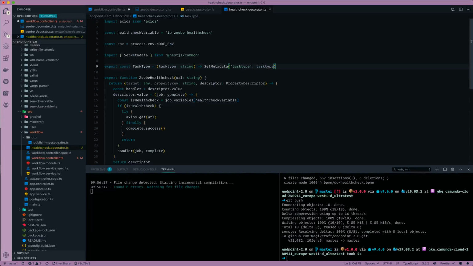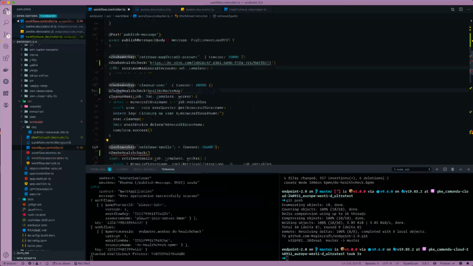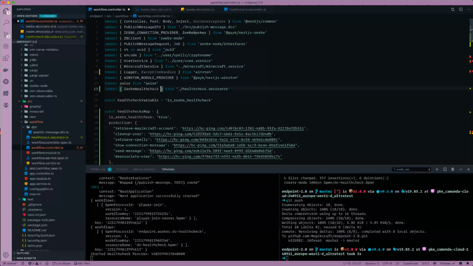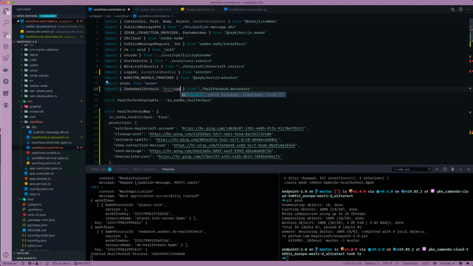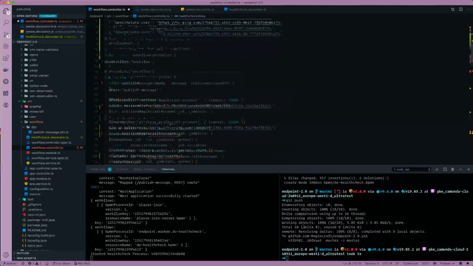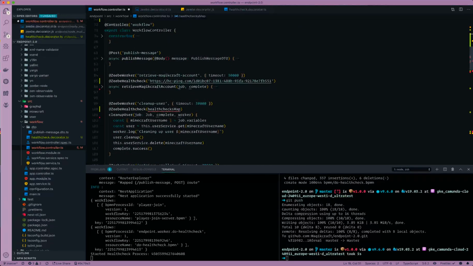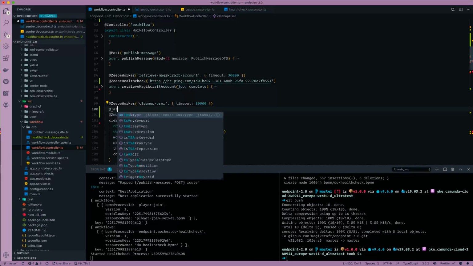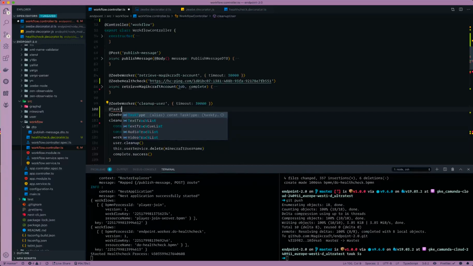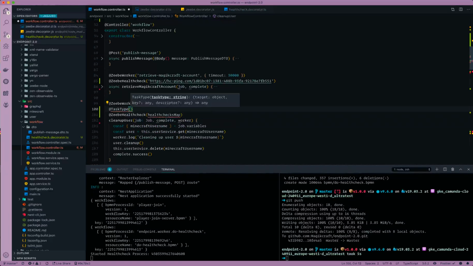And export that. Okay, so go back here. Zeebe health check and task type. Like that. And then I should be able to do this. Because you're having to repeat yourself here, I'd merge it up into that Zeebe worker. Pull request it in, if I can get it working. Okay,